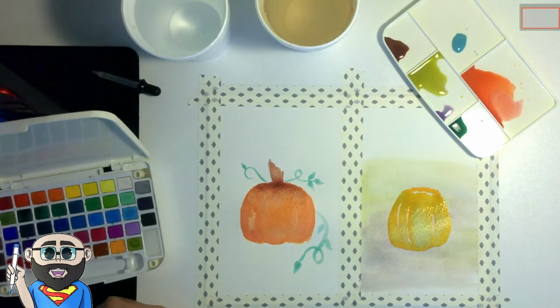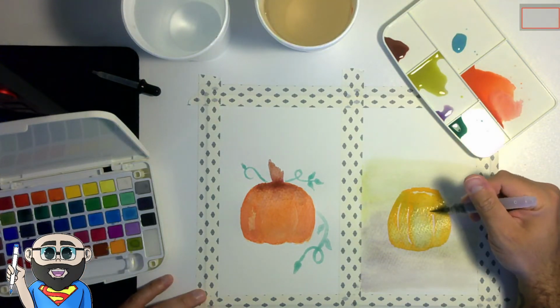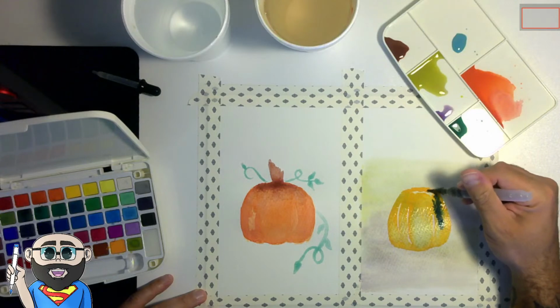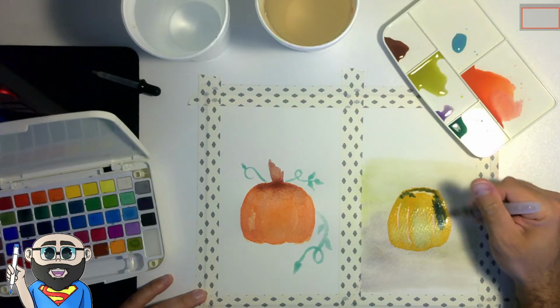Okay. And I'm going to go into this pumpkin. I know it's still a little bit wet, but I'm going to go into it with a little bit of that blue we were talking about earlier. And we'll kind of see what happens when I do that. So again, we're kind of exploring here. Try to figure out if we can make a fun, expressive pumpkin